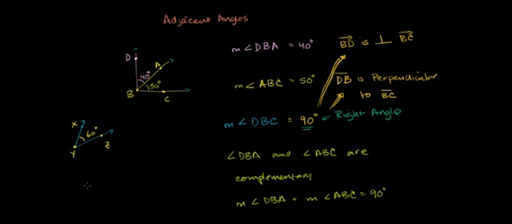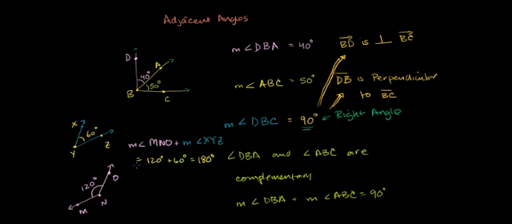And let's say that you have another angle that looks like this. I'll call this M N O. And let's say that the measure of angle MNO is 120 degrees. So if you were to add the two measures of these, let me write this down. The measure of angle MNO plus the measure of angle XYZ is going to be equal to 120 degrees plus 60 degrees, which is equal to